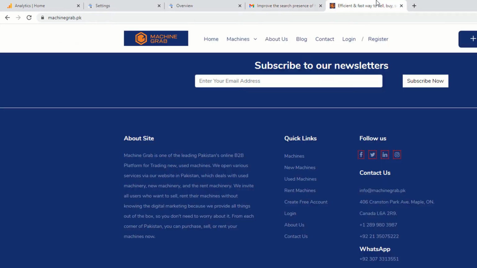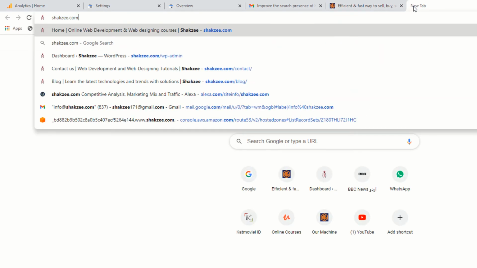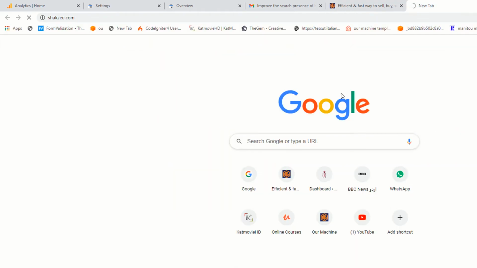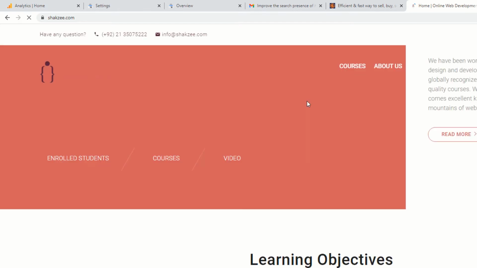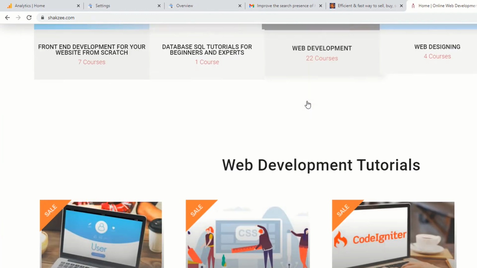Before writing any content for your website, as you can see, we have this website, Machine Grab. If we talk about a website like Shakzee.com, many keywords are ranked on the first positions for this particular website. Now how can you determine how many keywords are ranked on the first positions? You can also use Ahrefs and the Alexa ranking to determine the SEO performance for